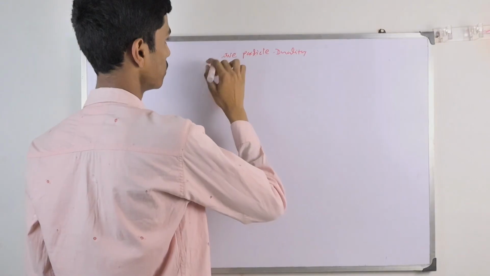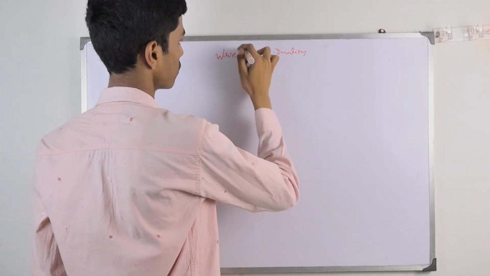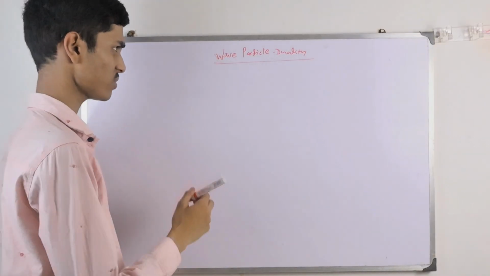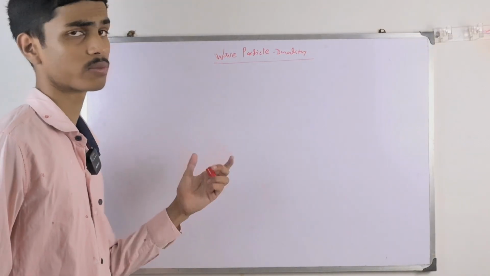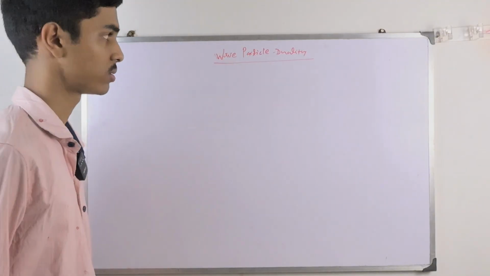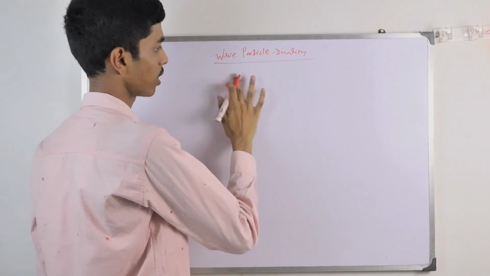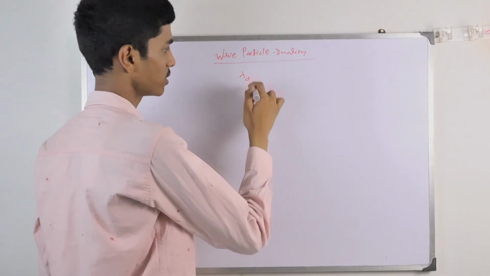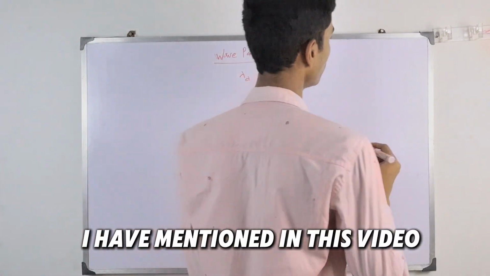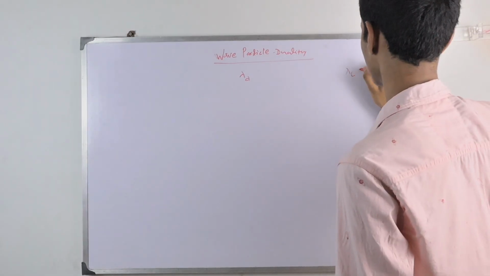Wave particle duality. In this part, we will study the dual behavior of a particle as well as wave in the context of de Broglie wavelength, which is denoted by lambda suffix d. De Broglie wavelength. I have mentioned in this video that Compton